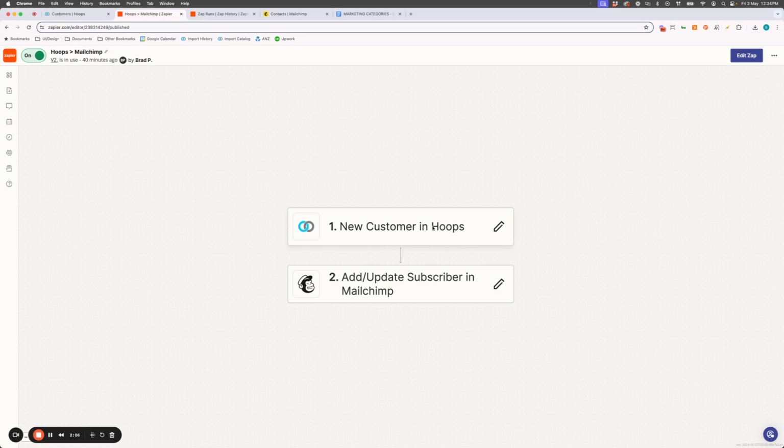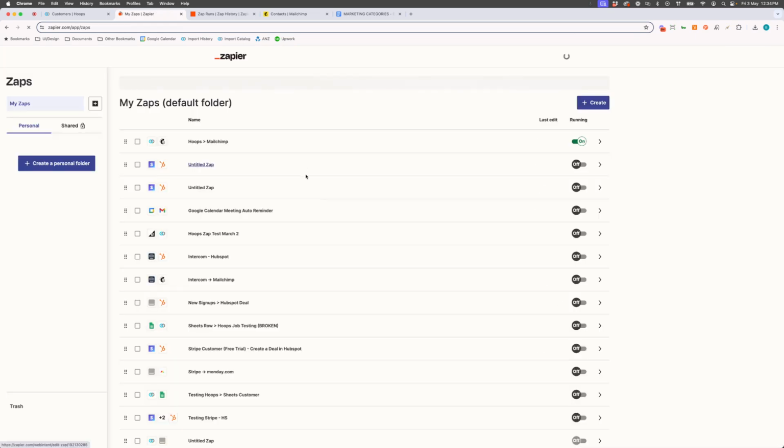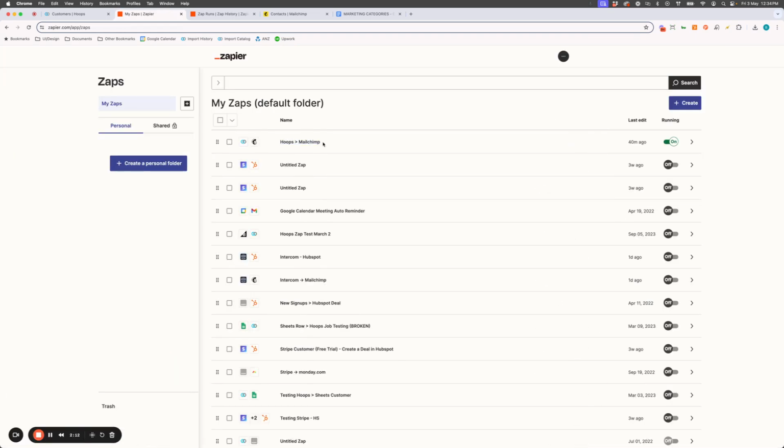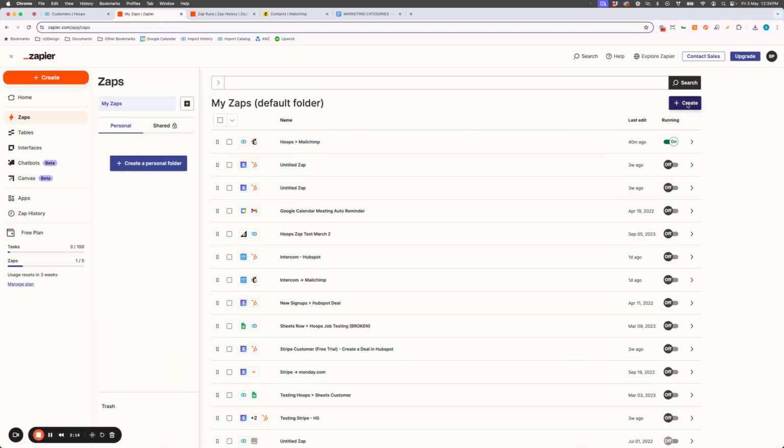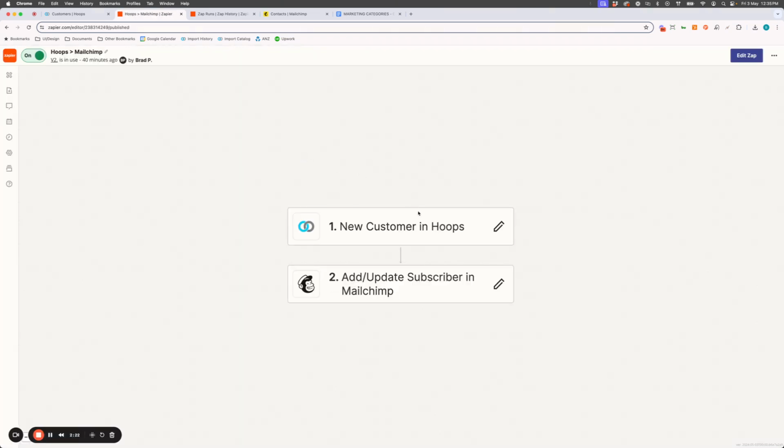So what I've created here is a Zap in Zapier. Let's have a quick look at it. I've named it Hoops to Mailchimp. You can create a new one from here, but let's rather look at what I've already built. Okay, so the trigger is pretty simple. When a new customer is added in Hoops, it's then going to perform an action of add or update a